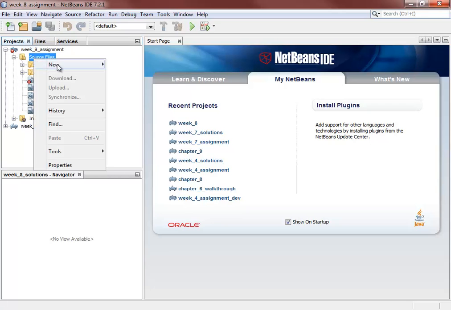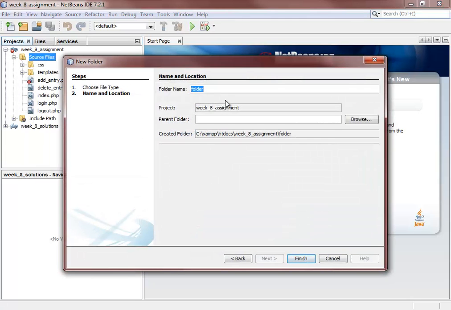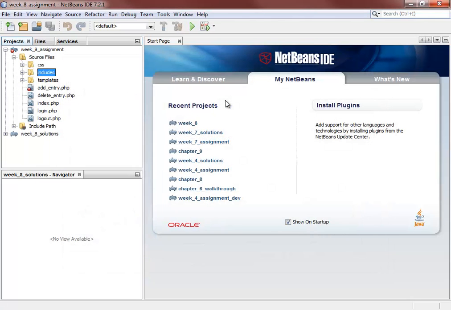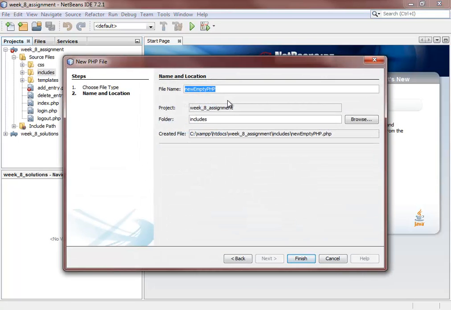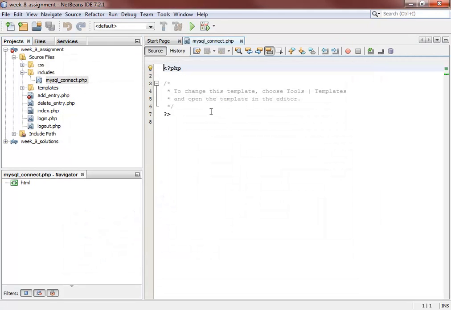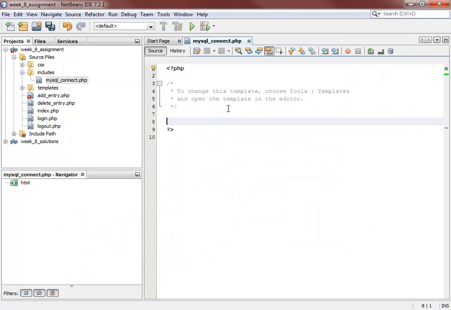First thing you want to do is create a new folder called includes, and inside includes you want to create a new file called MySQL Connect. Now, MySQL Connect only does a couple things. It just connects to the database server and selects the quotes database. So, I'm just going to connect and select, and all I'm going to do here is